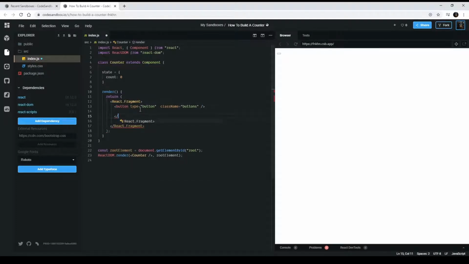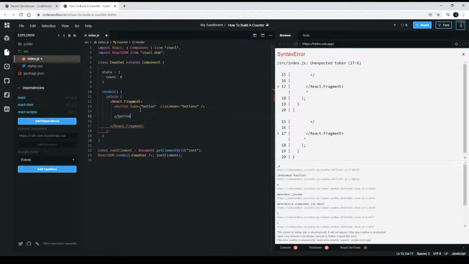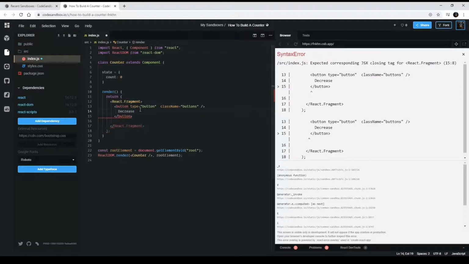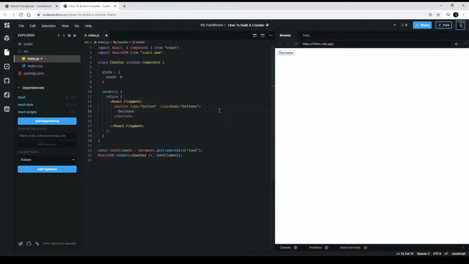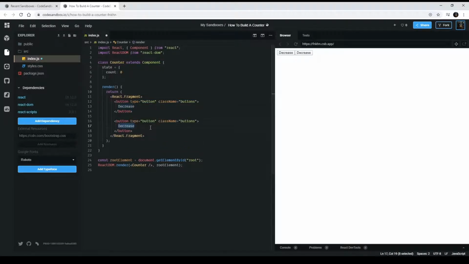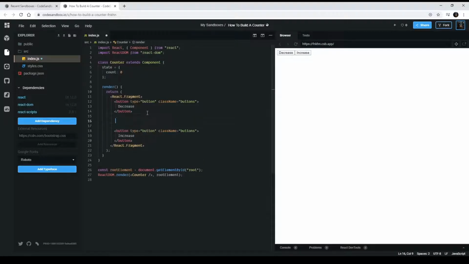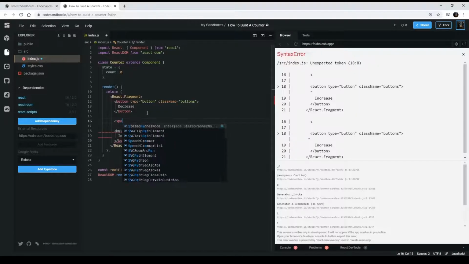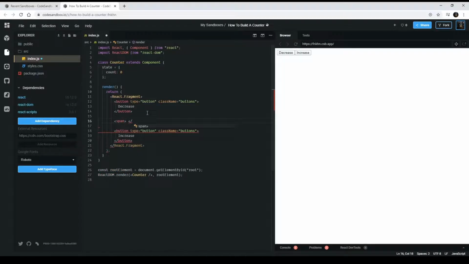and inside the button we're gonna start with decrease. Oh, I already closed the tag here, sorry. Okay, it was supposed to work. We just duplicate this one, and we're gonna say here increase. And between those two buttons we're gonna add a span, and put a counter,